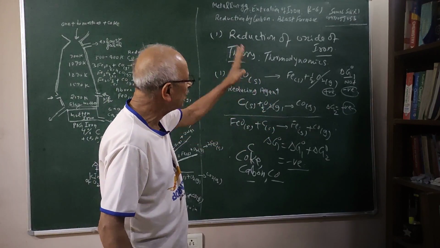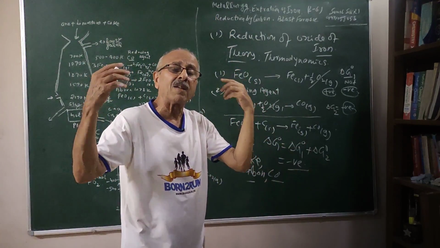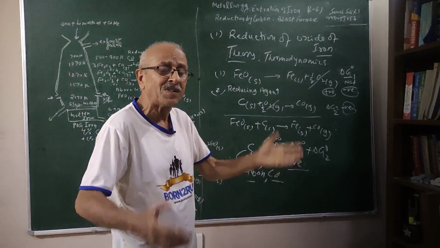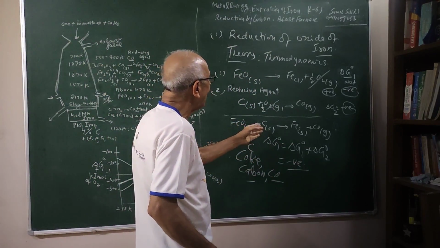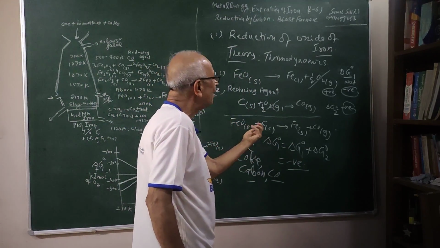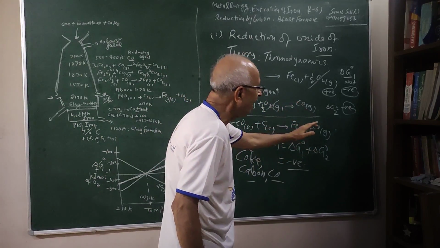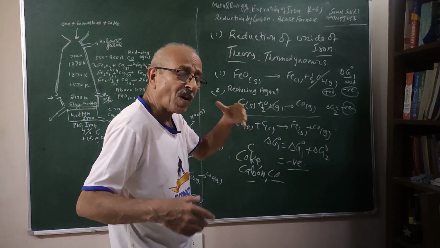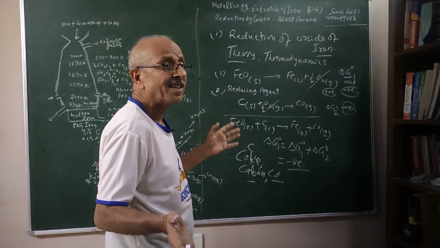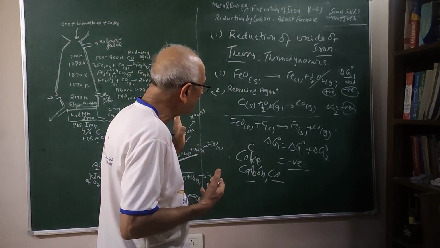The reducing agent which we are adding here is carbon. Carbon is coke, is very easily available, cheap, and carbon has more affinity for oxygen. It will be able to reduce iron oxide, but the process is done in a very sophisticated type of furnace, which we are talking of, the blast furnace, students.